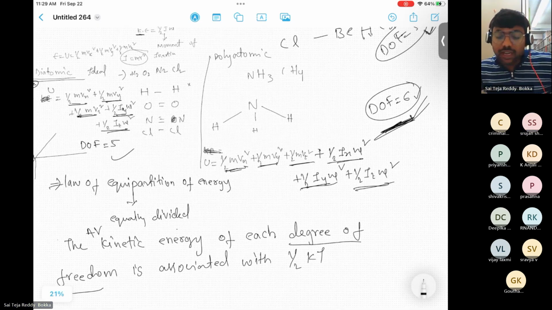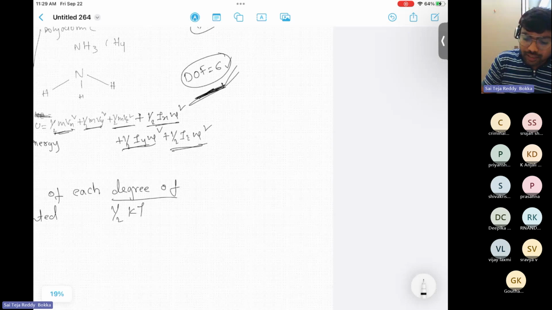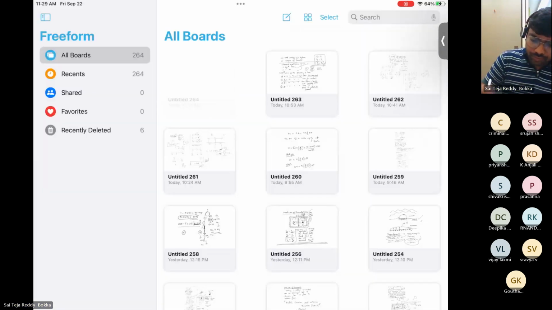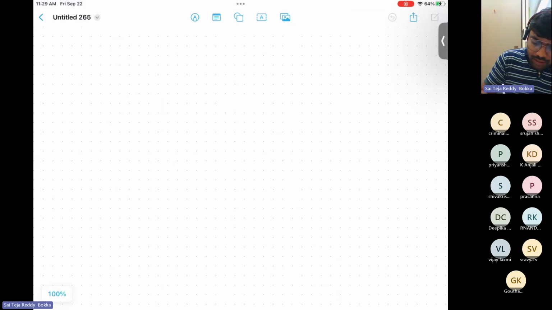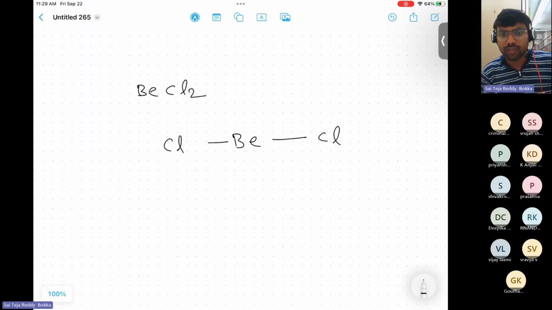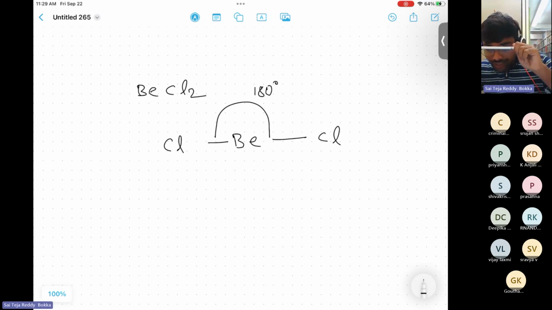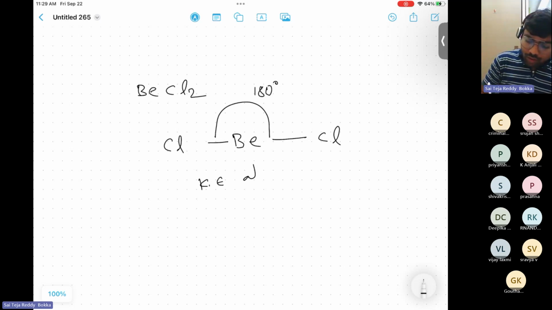So as an exceptional case like BeCl2, we'll discuss this. In BeCl2, what are you taking now? Be is bonded with 2 chlorine atoms. It has a linear shape at 180 degrees. So it has only this spin now. When it is rotating around the x-axis, the kinetic energy of spin along the x-axis will be neglected,